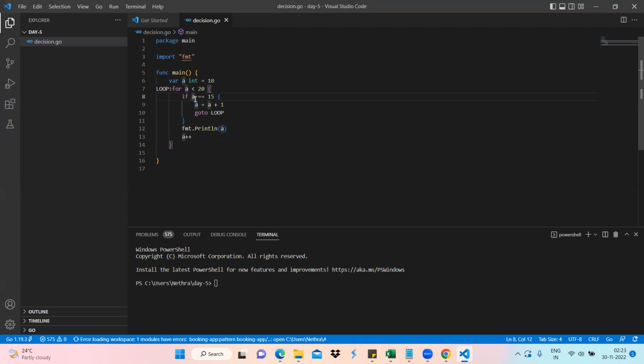Again, it's going to check the condition 11 equal to 15. The condition fails, obviously. Then control will go back to the printline statement, so the value is printed in the console. Then again it's going to increment to 12, then 13, respectively 13, 14 and 15. So when the value